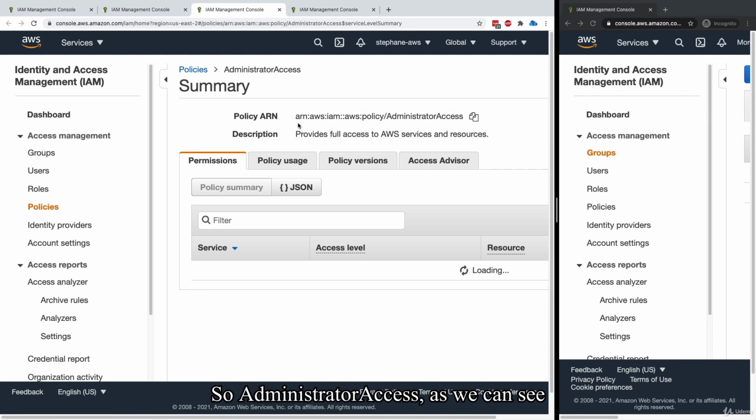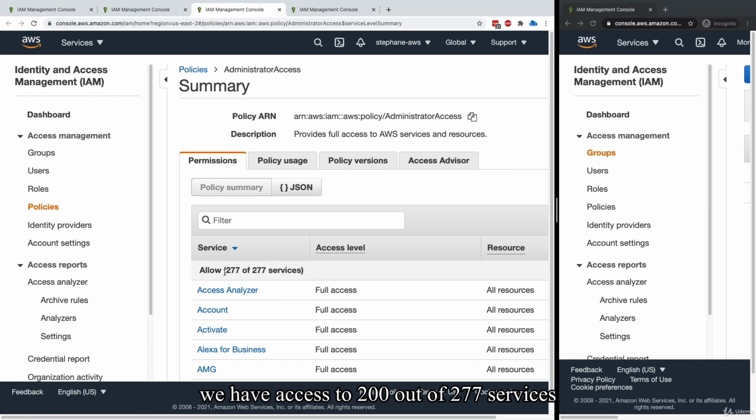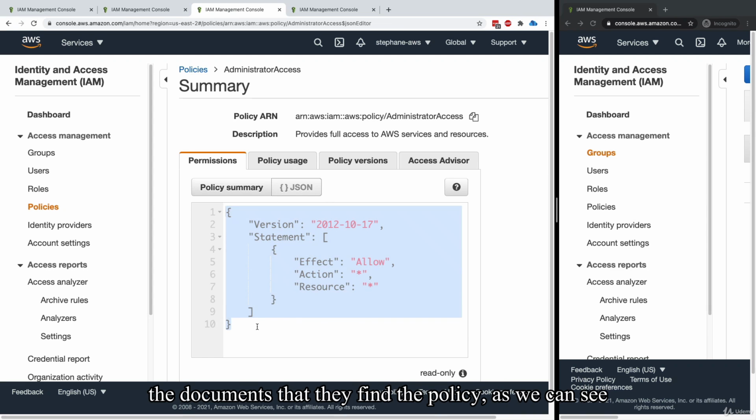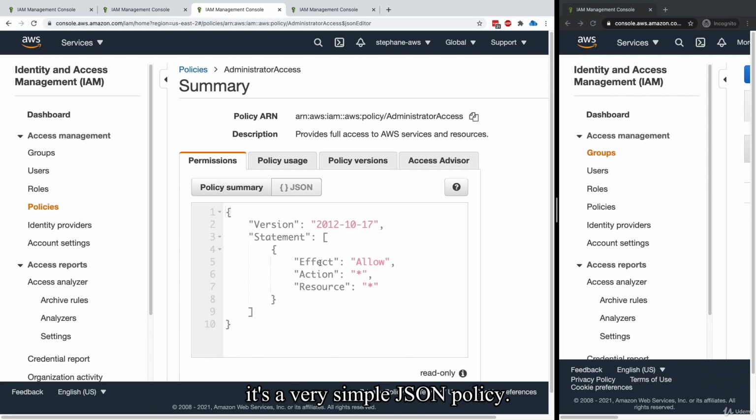So in administrator access, as we can see, we have access to 200 out of 277 services, and AWS adds services all the time. So if you have a different number than me, don't worry, the course is up to date. And if we look at the JSON policy, the document that defines the policy, as we can see, it's a very simple JSON policy. We have effect allow, action star, and resource star, which means allow any action on any resource,